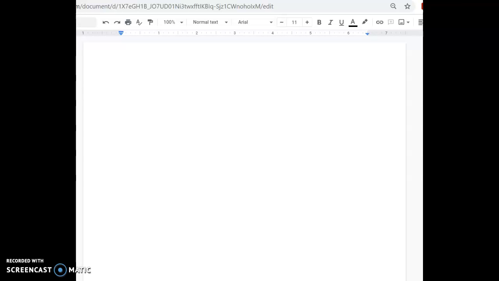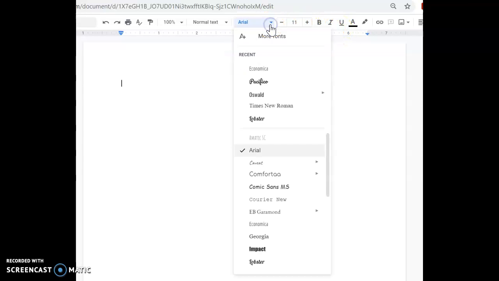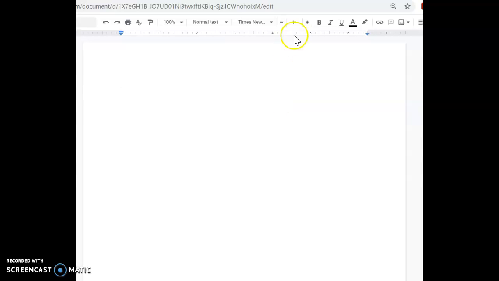All right, so when you are writing an outline, make sure that your outline, when you turn it in to me, should be in Times New Roman. So I'm going to change that to Times New Roman on my font. I'm going to change it to 12-point font, just like when you write your paper, and you'll see that when you go into the MLA format. So anytime you're writing an outline, you're going to have your